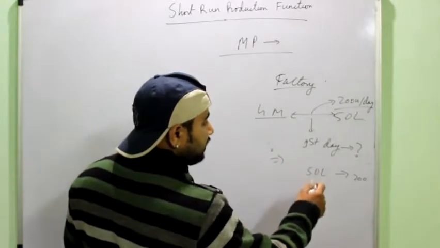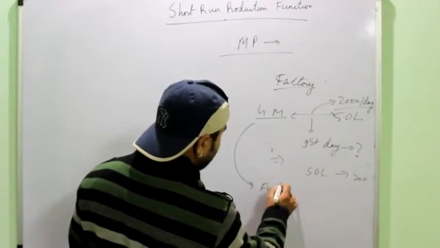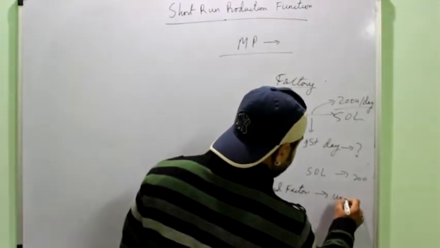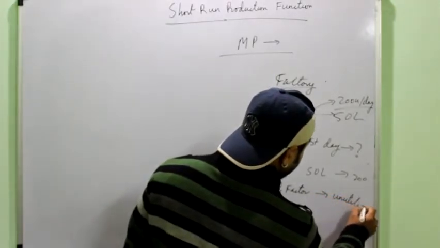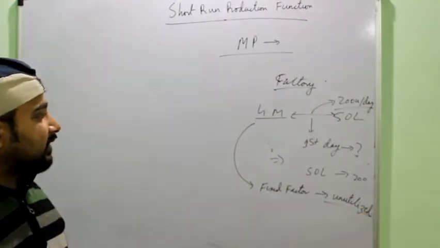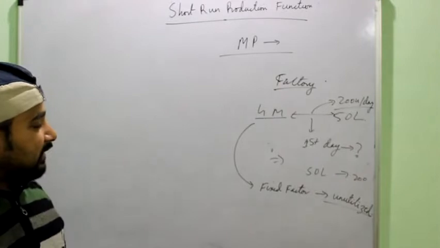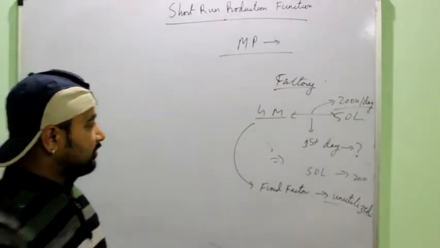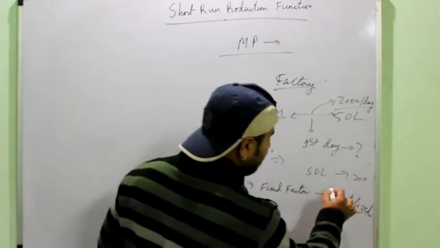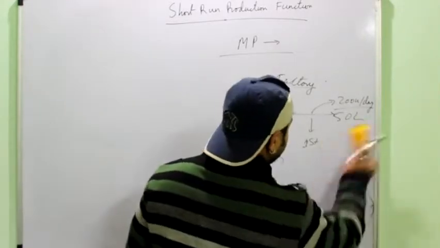So now what I do is I have some extra installed availability of the fixed factor. The fixed factor in the initial stages remains unutilized. When we started the business, like suppose I had to start a coaching center, I started with the capacity of say 30 students, but on the first day I do not have 30 students, right? The same thing lies in all the markets and all the production processes: you will not start the first day with the full installed capacity. Again, remember this important word, that some fixed factor is unutilized.